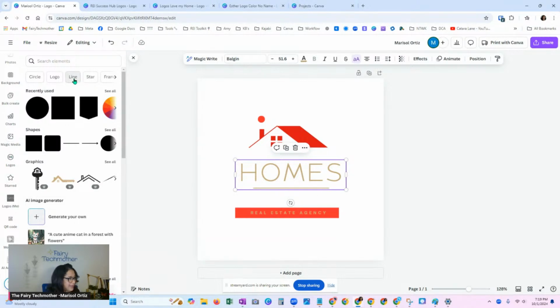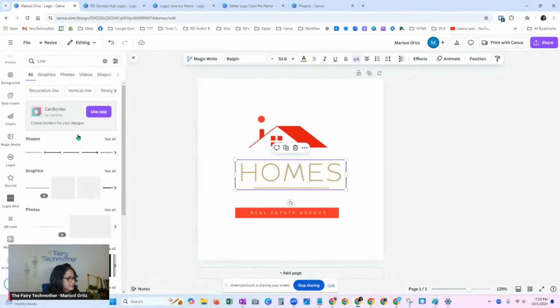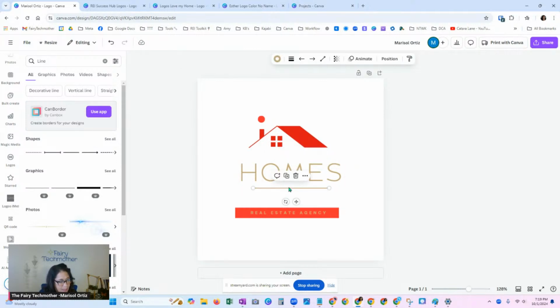So you can add lines. That's also a way to make it unique. This particular logo that I just grabbed does have a line already. But if you wanted to make it more yours and it didn't have a line, you can always add a line, add a shape.